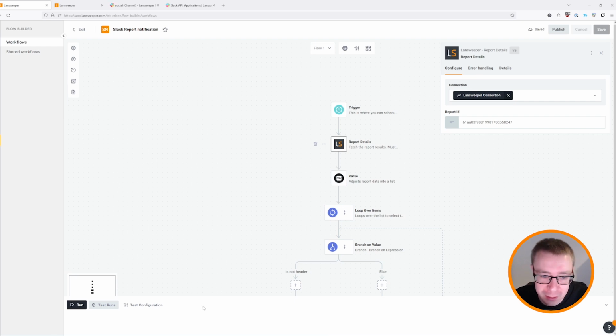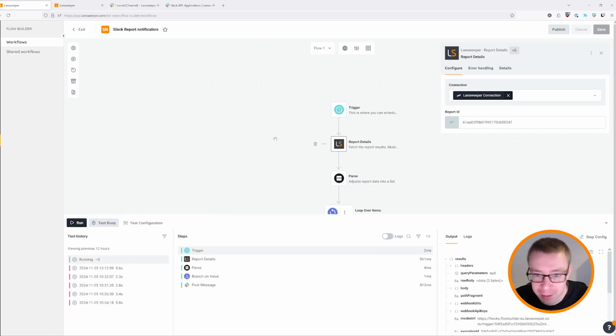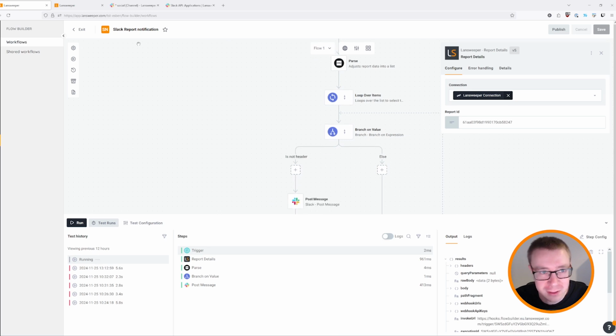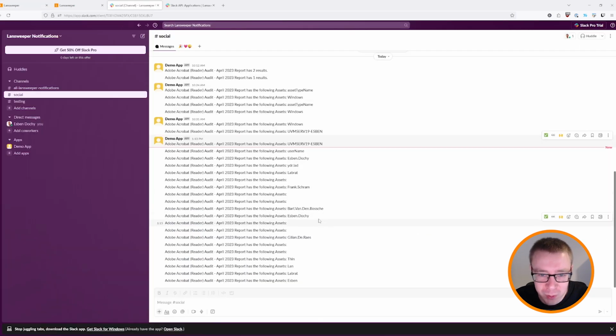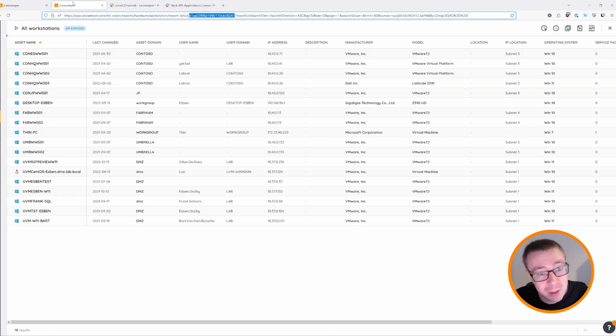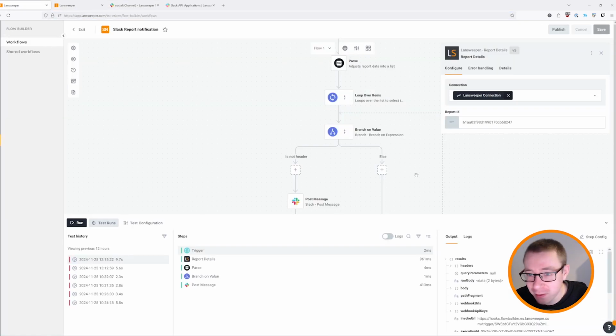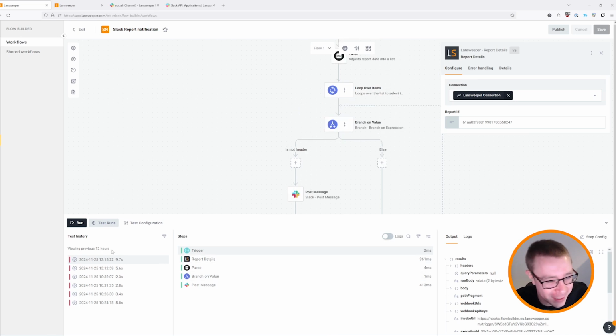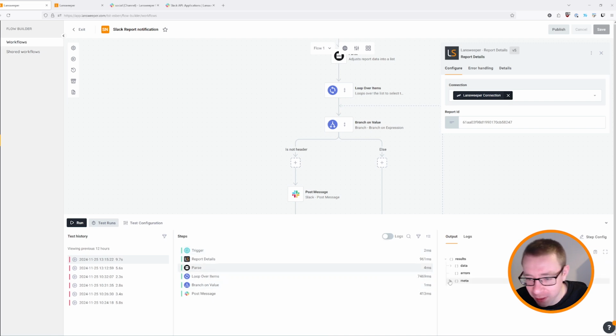Now, it will still say that it was the other report because I didn't change the text in my Slack message. So it will still say that it's coming from a different report, but basically you can see here that it's taking it from the other one. And I can even tell you here, because my columns are different in that report, I made a mistake. And that's how you figure out things, basically, is trial and error. So if I head over to my last result, go over to my parse, I can see here that asset name